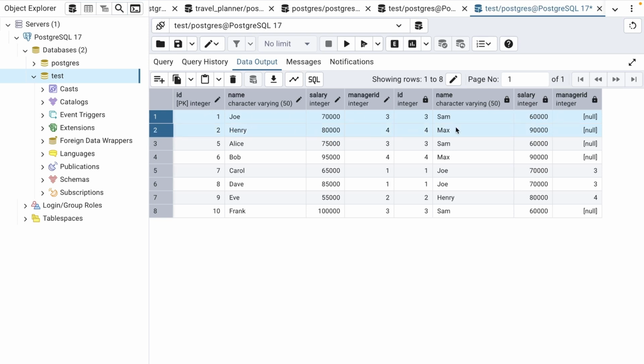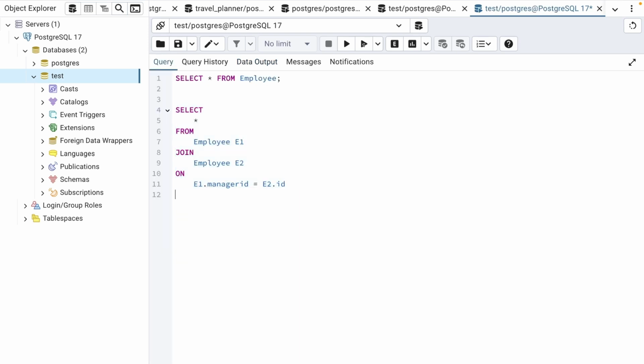Let's go with Henry. Henry's salary is 80,000, his manager's salary is 90,000. So no, it will not come. Alice 75,000, Sam 60,000. Yes, Alice will come. Bob 95,000, and Max 90,000. So Bob will also come. Carol will not come. Dave will come. Eve will not come. Frank will come. So write the condition where